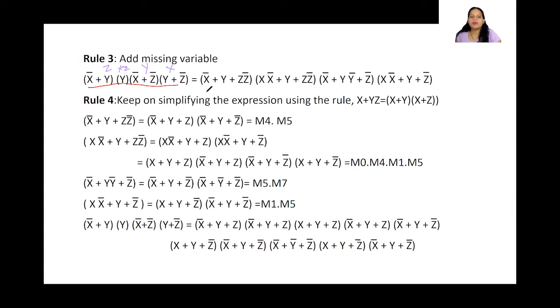So see here carefully, what we are doing is we are adding the variable and the complement of that variable, right? So we have x bar y plus z into z bar. We have x into x bar plus y, which we already have, and then we are adding z and z bar. Here y is missing, so we need to add y and y bar. Here x is missing, so we are adding x and x bar. Okay, so this is how we are going to do it.